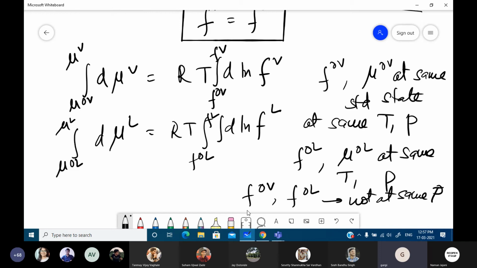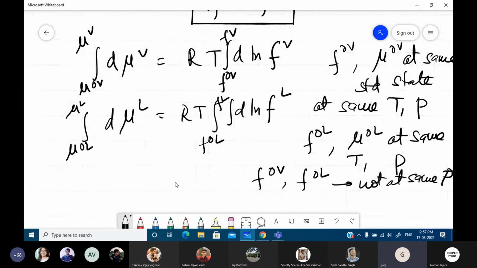So at max, I can assume that for my case, both of them will not be at the same pressure. They will be at a different pressure. No harm, they are at a different pressure, but they correspond to the same component. If they are at a different pressure and they correspond to the same component, then for that particular case, can I write down something? Just try to listen to it carefully.